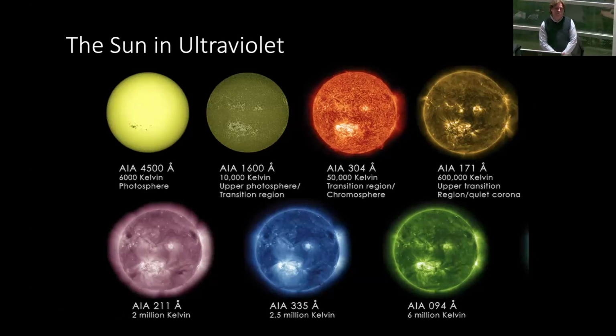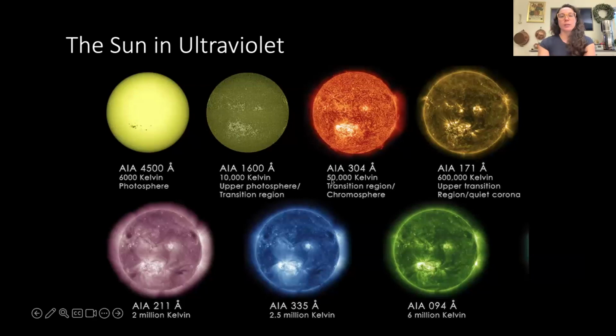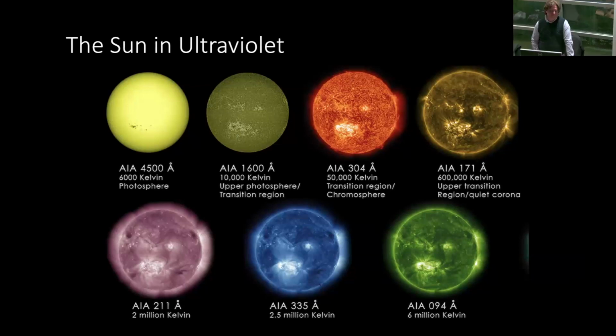So the sun has this weird effect, which we don't understand, which is that the surface of the sun is cooler than the atmosphere around it. There's this strange temperature inversion. And so the photons, I just said you can make the photons if you have a certain amount of energy. But in this instance, you're seeing photons that are coming from the sun and they're passing through these regions. And so the temperature of the region...